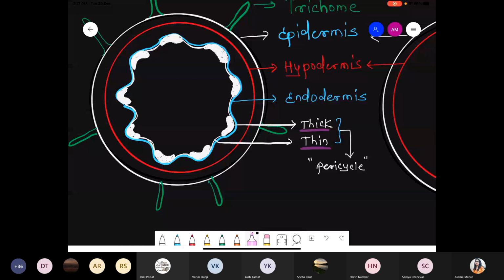Got it? Both collectively, because in case of the root, we already discussed there is only a single layer of the pericycle present exactly below the endodermis. But now in this condition we are talking about pericycle being present, but two different types of cells are associated. One is thick cell and the other is thin. Thick and thin collectively form the pericycle. Then